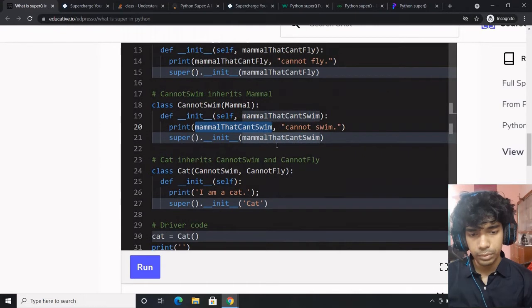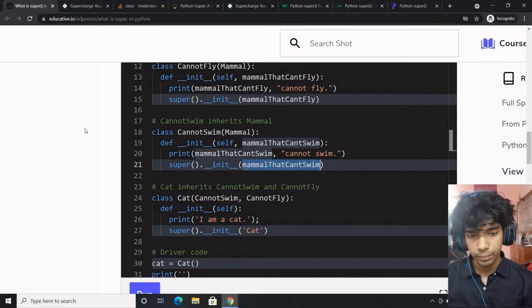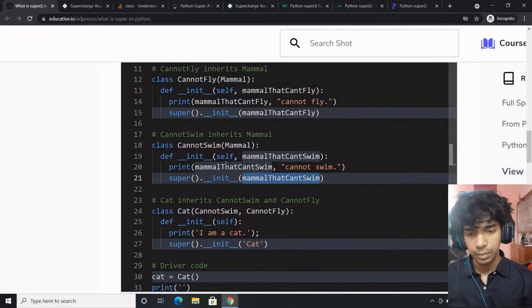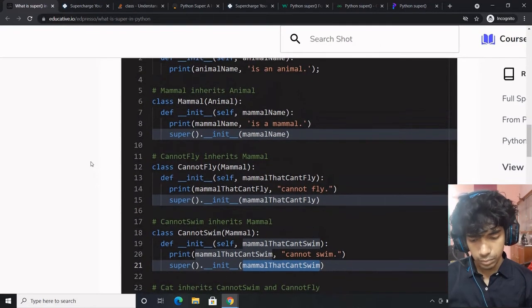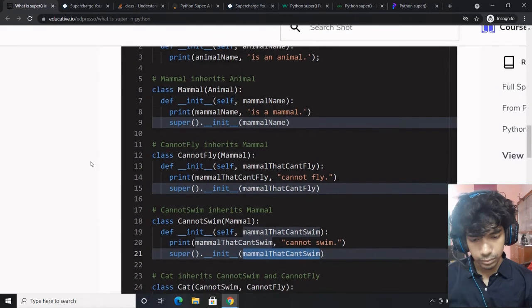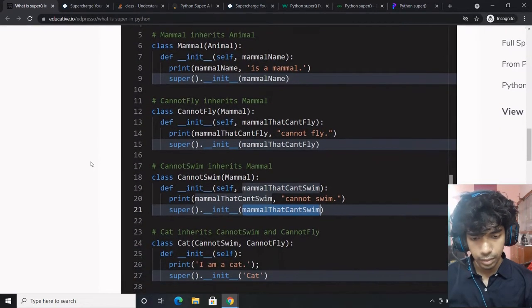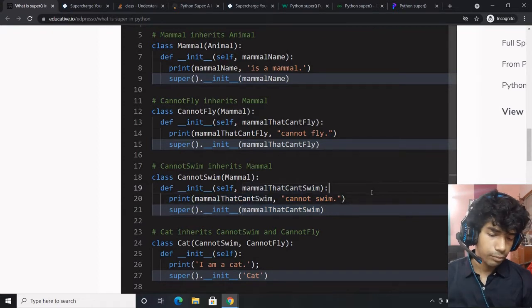Now this goes to mammal that can't swim. Mammal can't swim, and we printed that.